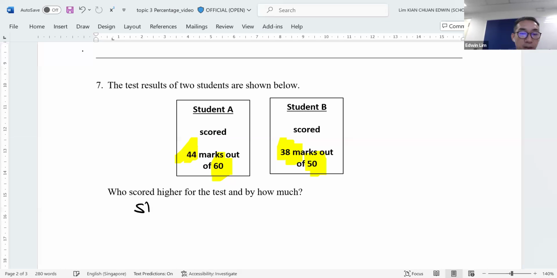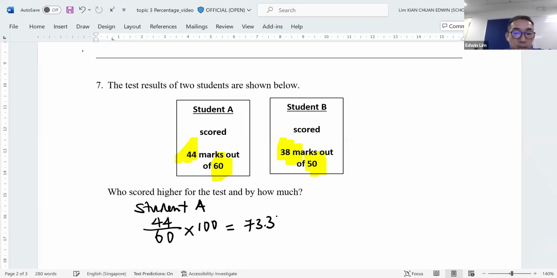So student A, I can use 44 out of 60 times 100. I change everything to become 100. So 44 out of 60 times 100. I get 73.3%. Student B, all right, I score 38 out of 50. I change it to become 100%,